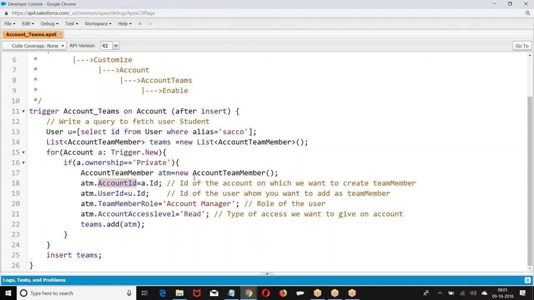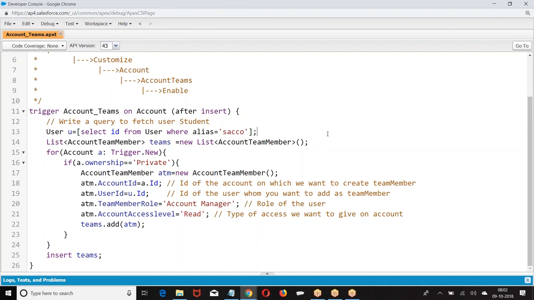Okay. Now, I want to go with the next concept. How to share a record programmatically. We have sharing rules. When can you share? If you are the owner of the record, you will be sharing. Or else I can go with the manual sharing rule. I can share with the criteria based sharing rule, owner based sharing rule, territory based sharing rule. By using these sharing rules, I am sharing based on role hierarchy, manual sharing, criteria, ownership, roles, and territory. Am I right or not?